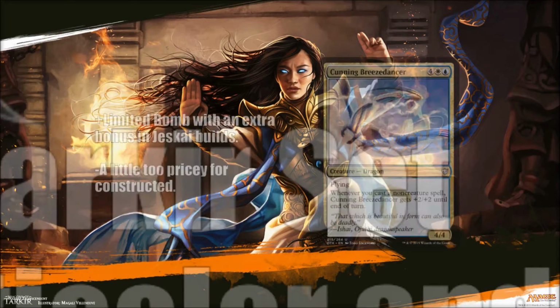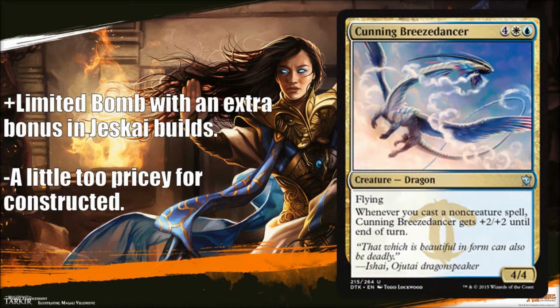We'll go in color pie order, and we'll start out with Cunning Breeze Dancer. And this guy is a limited bomb. He's a 4/4 for 6, and if you have a Jeskai build, you can pump him until end of turn, and he gets even bigger. Really nice card for limited, and he's an uncommon, so there's going to be a lot of him floating around,